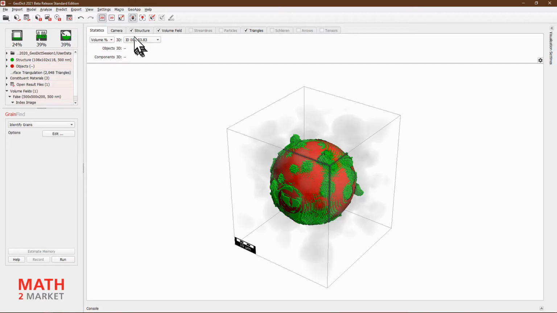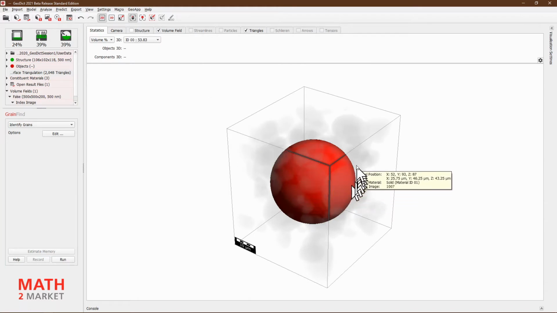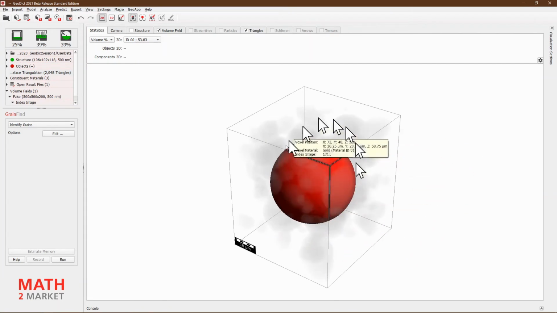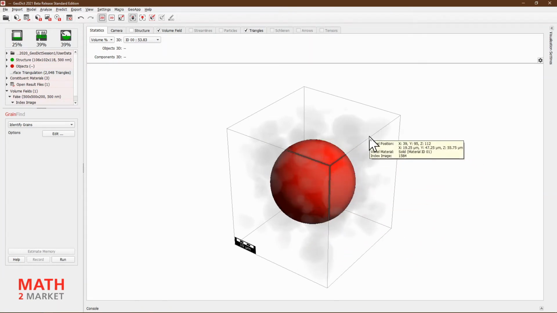And you can also see the structure that is the voxelized version, and then with a lot of transparency also the volume field visualizing the neighboring grains just very faintly.